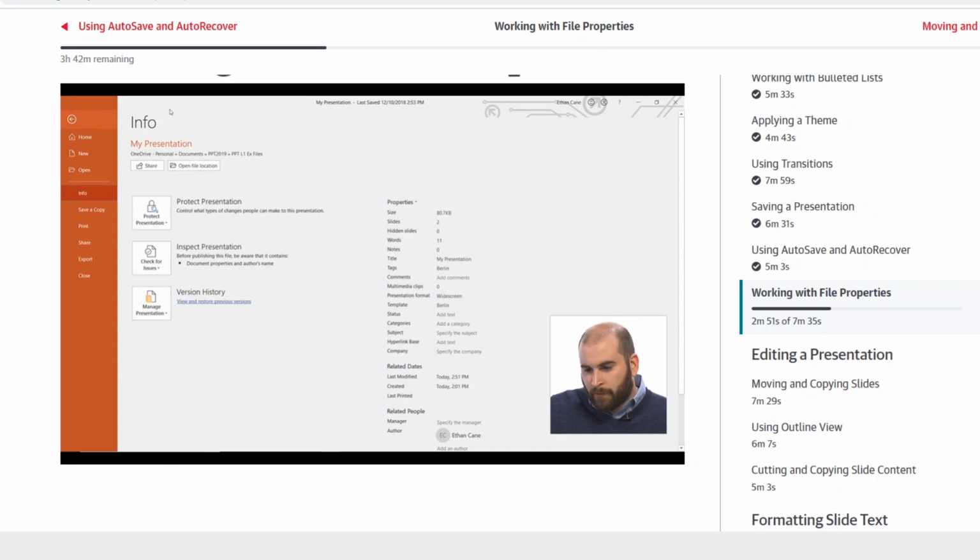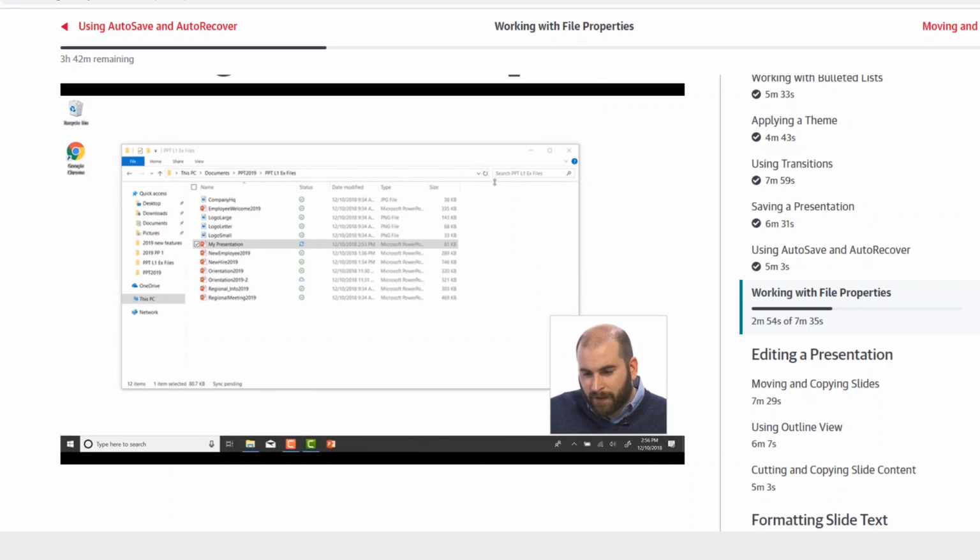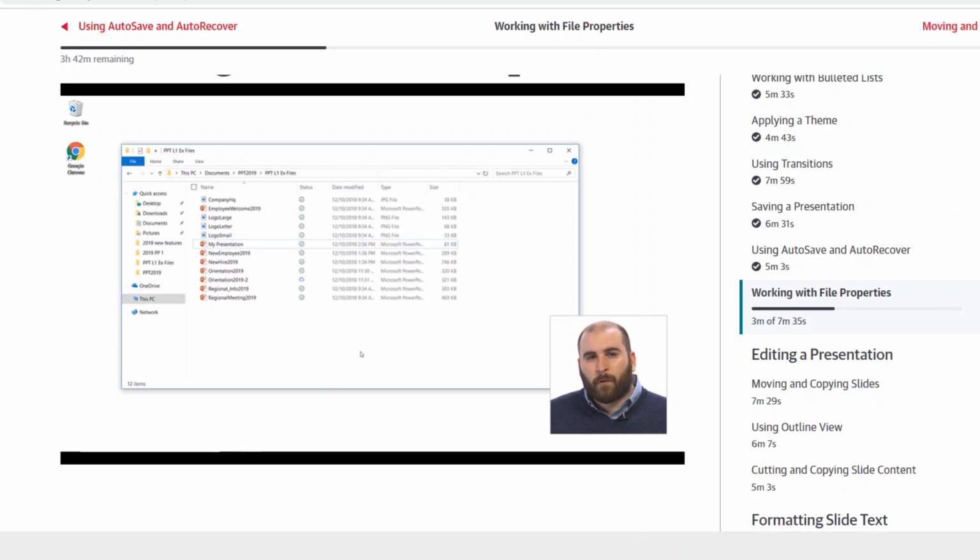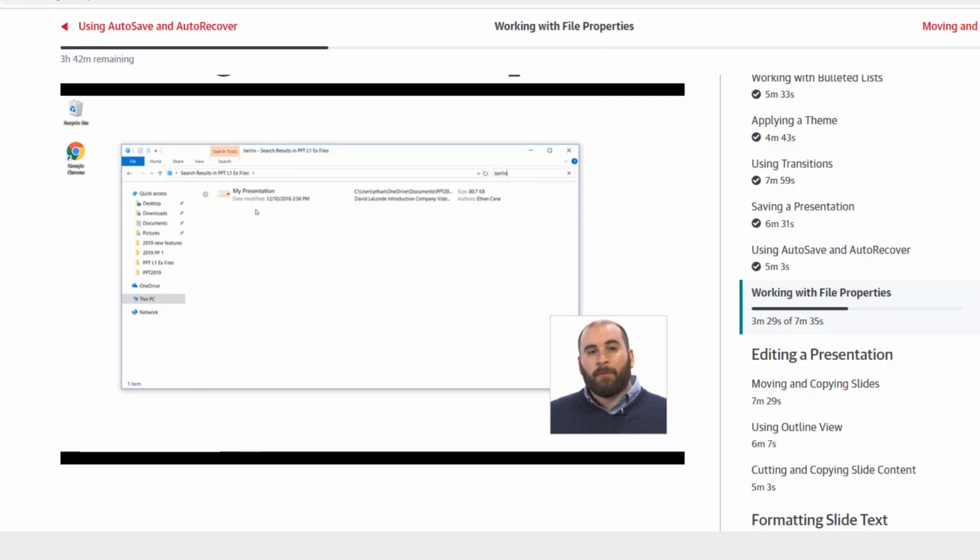Now I'm going to go ahead and close out of my document. Autosave should be on, so it should save automatically. Now, in order to do a successful search for this tag, you will need to be in the folder that contains that PowerPoint file. You might have a folder with many PowerPoint files in it, and you're looking for files with a specific tag. So in my File Explorer, in this folder where I have all these PowerPoint files, top right-hand corner I have a search bar. I'm going to click in that search bar and type in the word Berlin, the tag that I created, and you'll see that my presentation does appear. Even though Berlin is nowhere near in the file